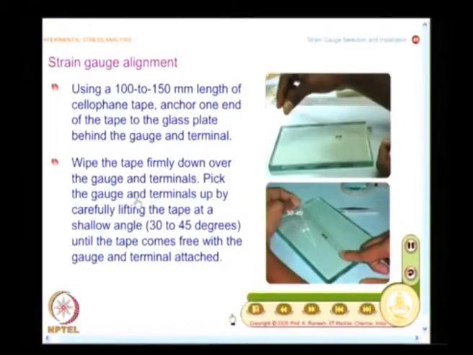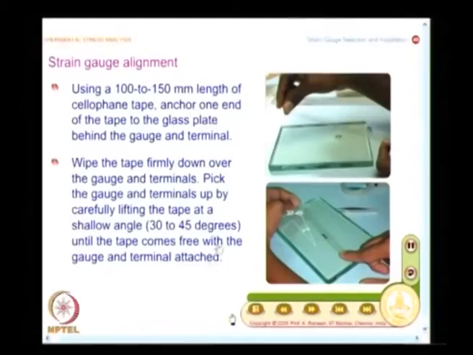So, pick up the gauge and terminals by carefully lifting the tape at a shallow angle until the tape comes free with the gauge and terminal attached. So, now you handle only the long cellophane tape with the strain gauge attached for you to align it. So, I can align it appropriately, and you also do that practice on the actual specimen.